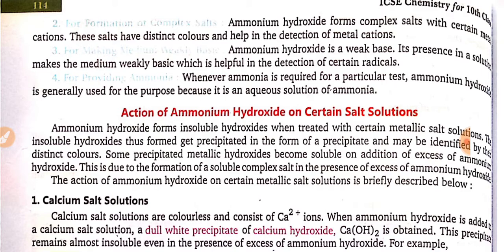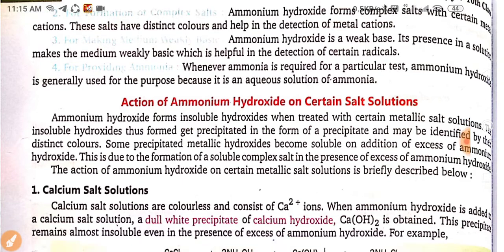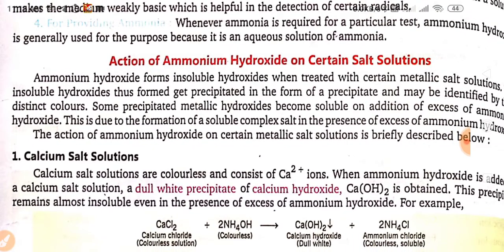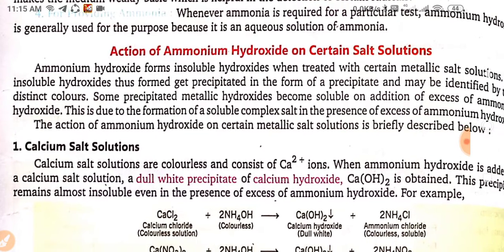Today we see the action of ammonium hydroxide on certain salt solutions. Ammonium hydroxide forms insoluble hydroxides when treated with certain metallic salt solutions. So what is formed? It forms insoluble hydroxide when it is treated with the metallic salt solution. The insoluble hydroxide thus formed gets precipitated in the form of a precipitate and may be identified by their distinct